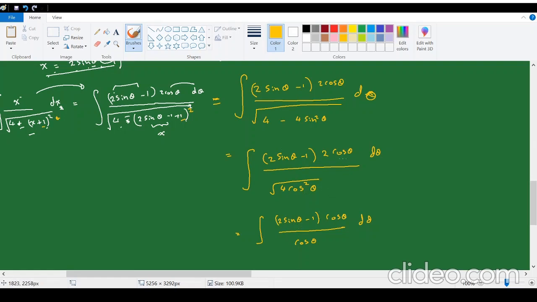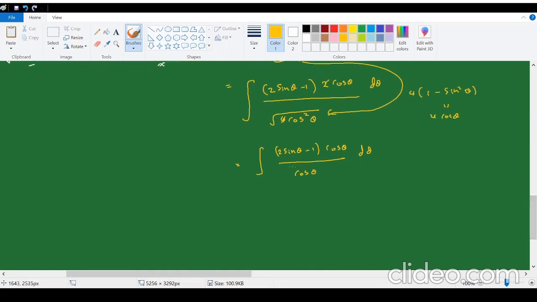Also you have a 2 here and the square root of 4, so those two will cancel out. To get from here to here, we use our basic trigonometric identity, which gives 4 times cos theta. Now again you have 2 cos theta in both numerator and denominator,